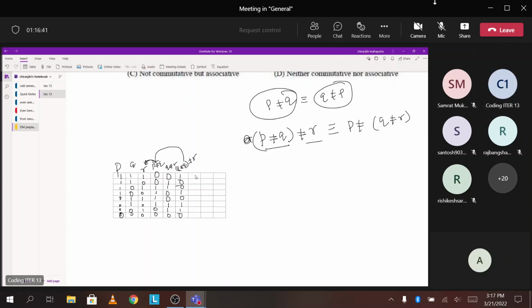Then again P not equals to Q not equals to R, ठीक है। इसको चेक करो क्या आ रहा है. So this becomes equals to, that means we have to check for this table and Q not equals to R, this table and this table, ये दोनों चेक करना है हमें